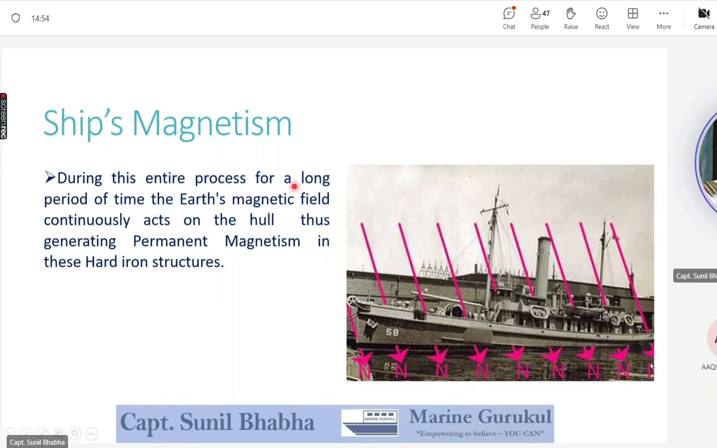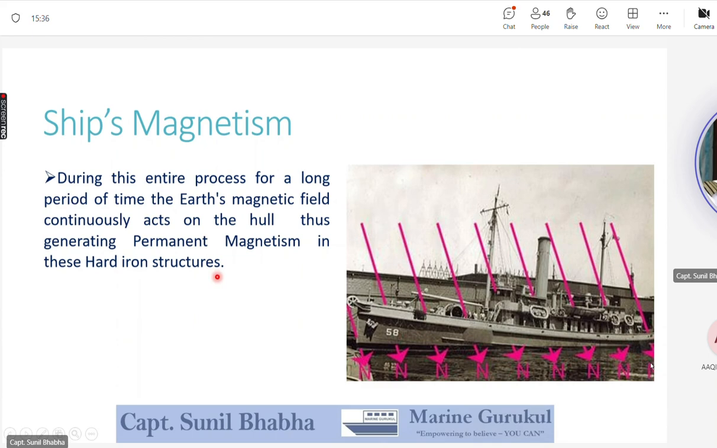Now, during this entire process, which happens over a long period of time, it may take 1 year or it may take 6 months for the ship to be built. So during this long period, the Earth's magnetic field continuously acts on the hull in the same direction or the same orientation. Now, since we are working upon all these metal plates which are being fitted on the ship, and the Earth's magnetic field is acting on it in the same orientation, it generates permanent magnetism in these hard iron